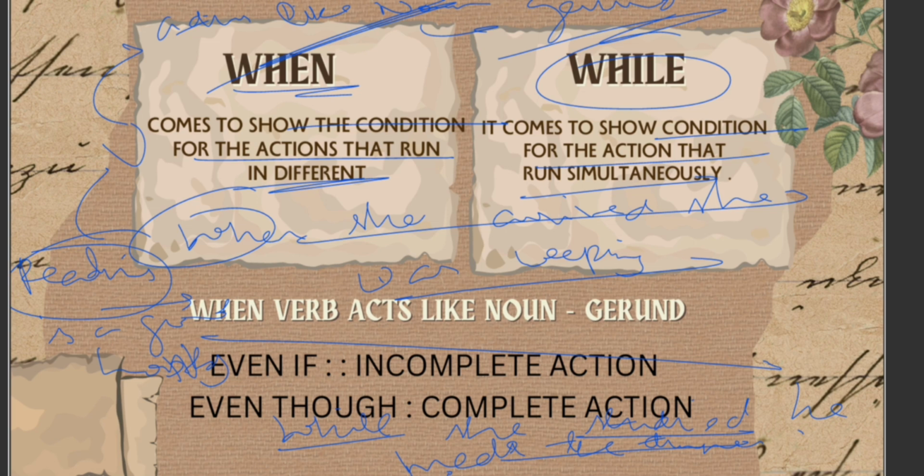Now, whenever we use even if, we show incomplete action. If I were to give you an example, even if she was able to pass, she still couldn't complete her notes. Okay? So her notes are incomplete. So that is what is showing an incomplete action. Now, if we're talking about even though, now, even though she completed her notes last minute, she was able to pass. Okay? Now, even though out here is showing that something has been completed. Now, let's move ahead.